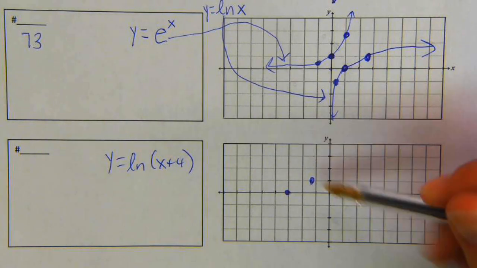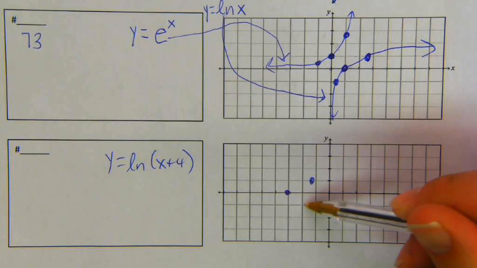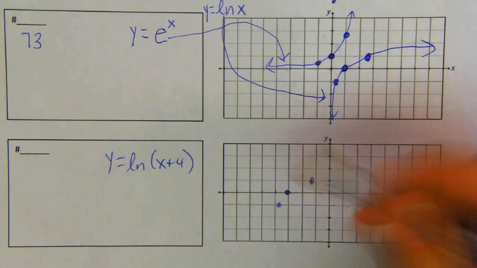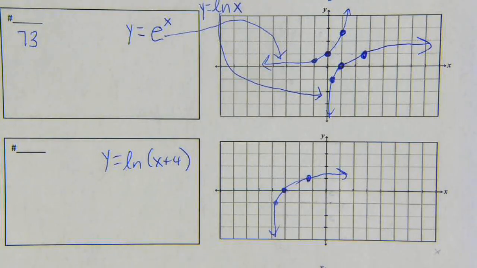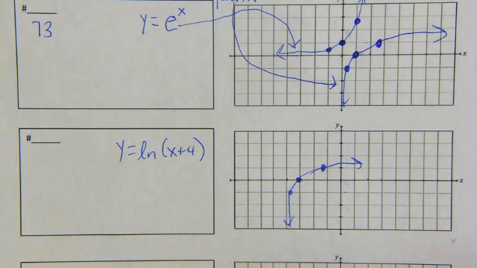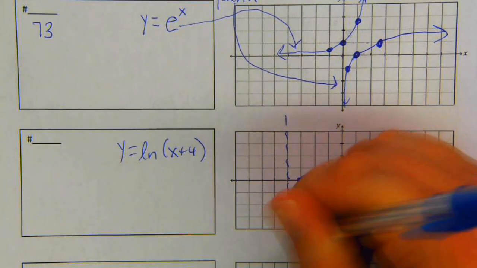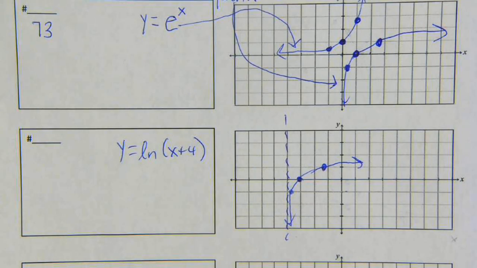1, 2, 3, 4. And there we go. There's an asymptote right there, instead of the asymptote normally being the y-axis. So now that I've done part B, the graph,